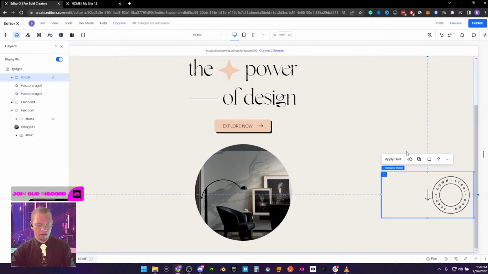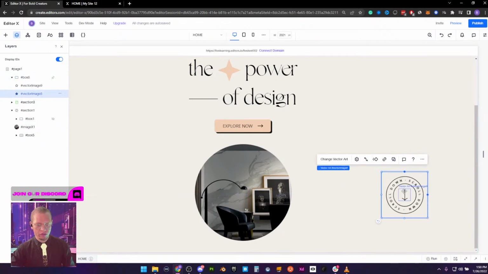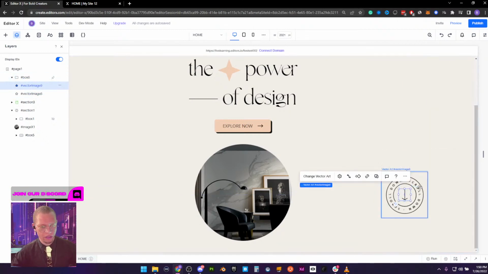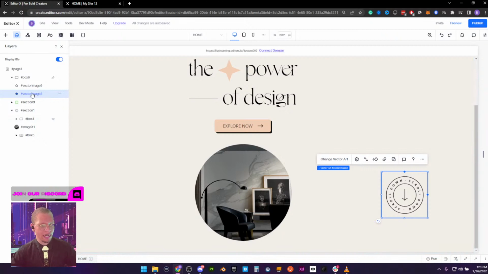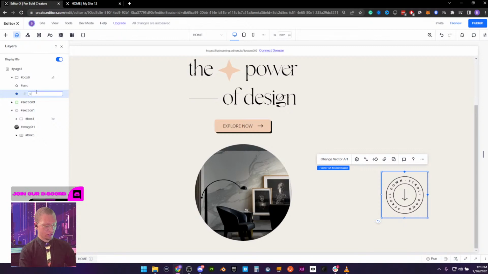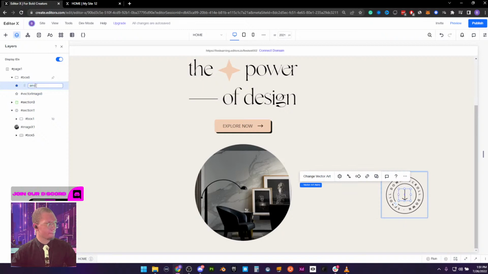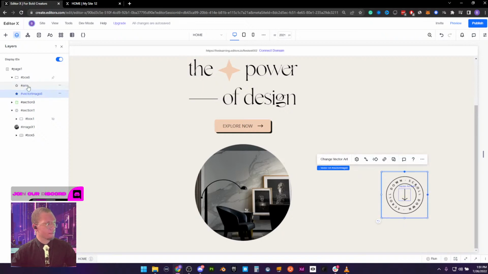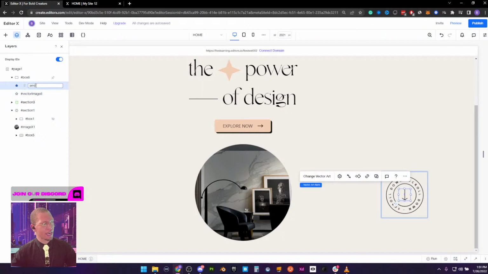Let's go ahead and, before we do that, I want to fix a couple things here. I'm going to actually name these. So I'm going to name this arrow, and we're going to name this circle. Oh, you know what? It's because I already have them named that.